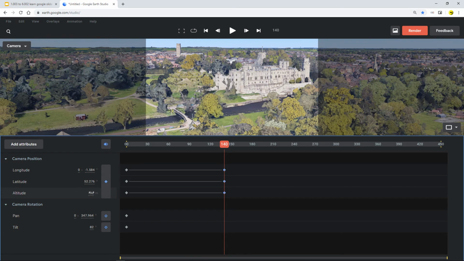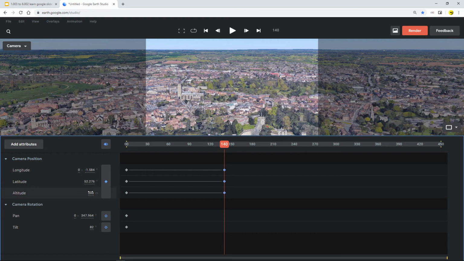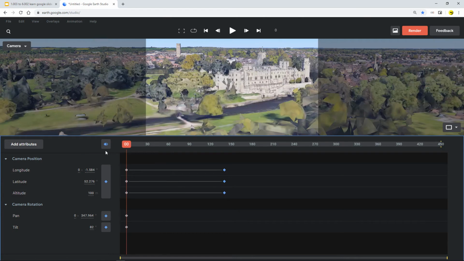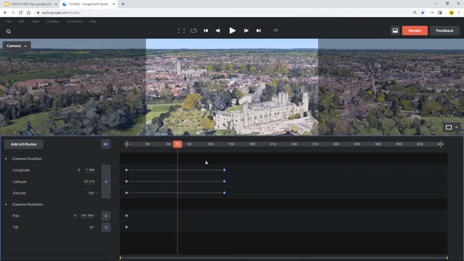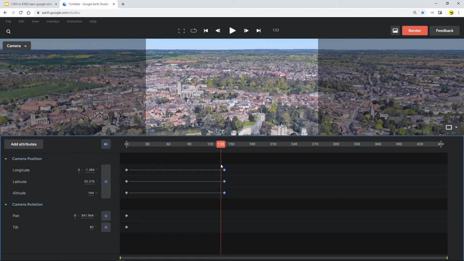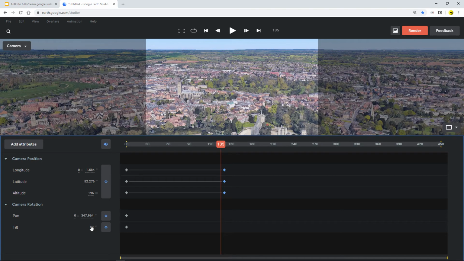You'll notice that the longitude and latitude and the altitude is immediately changed. So what we've done is we go up in the air, which is quite lovely, but what I want to do is I've lost the castle. So at this precise moment what we can do, and this is what you can actually start doing, is moving this around